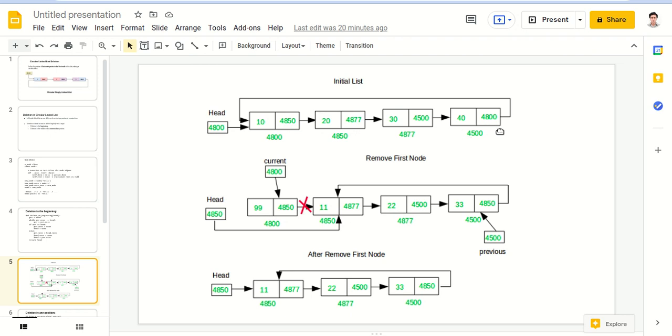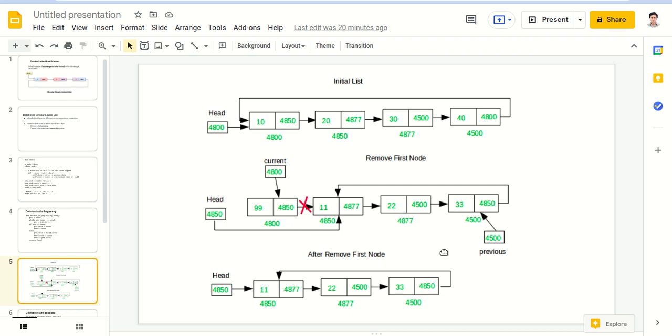Now you can see the last node has the address of the first node, 4800, and head is also storing 4800. So now we are deleting head. We make a node previous point to the second last node, and we make head null.